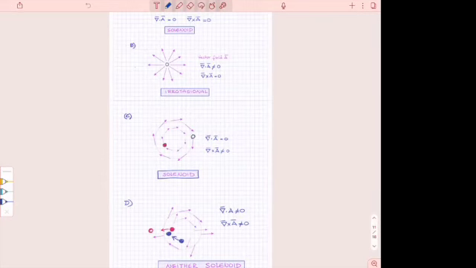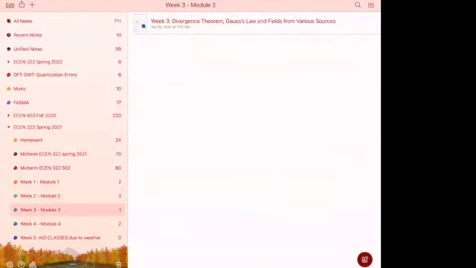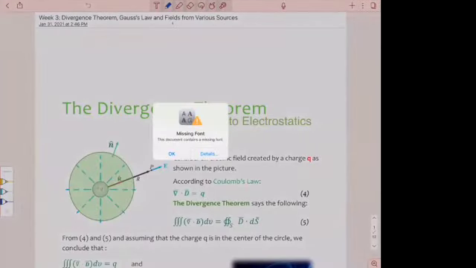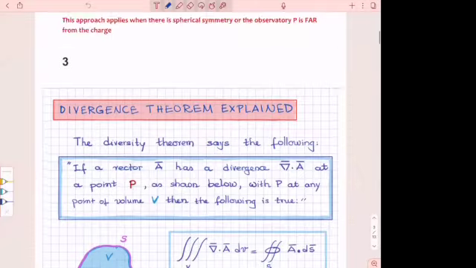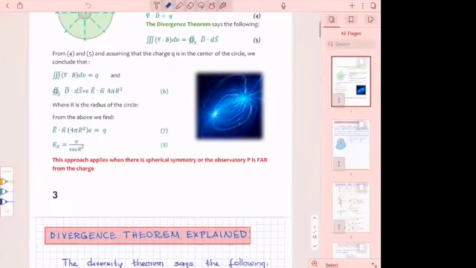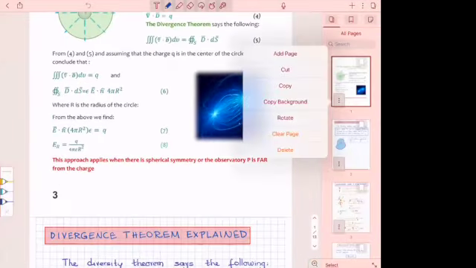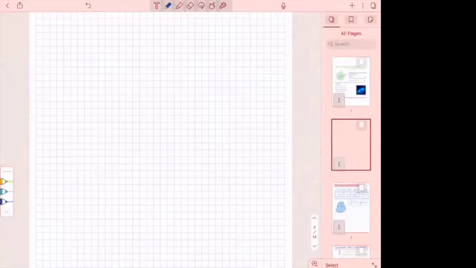So today we are going to start with the divergence theorem, Gauss's law that we are going to get from the divergence theorem. And then from there, we are going to solve different problems. So just to summarize, and I will just as a review, I will very briefly just remind you that what we have seen so far